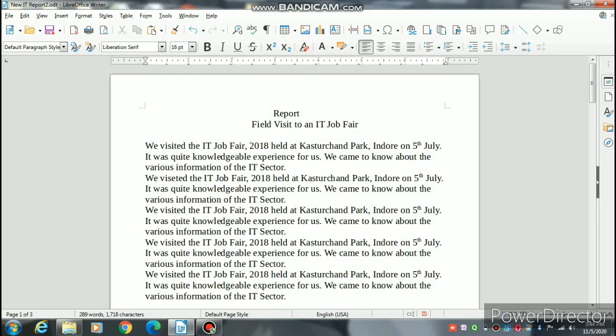So after typing a paragraph of a report, one can check the spellings and grammar. A spelling checker checks to see if each word in the document is in the installed dictionary. The grammar checker can be used separately or in combination with the spelling checker. To check the spelling and grammar of the document, you select the text. Suppose I am not sure that this spelling is correct. So I simply click over there. Then I go to the tools menu.